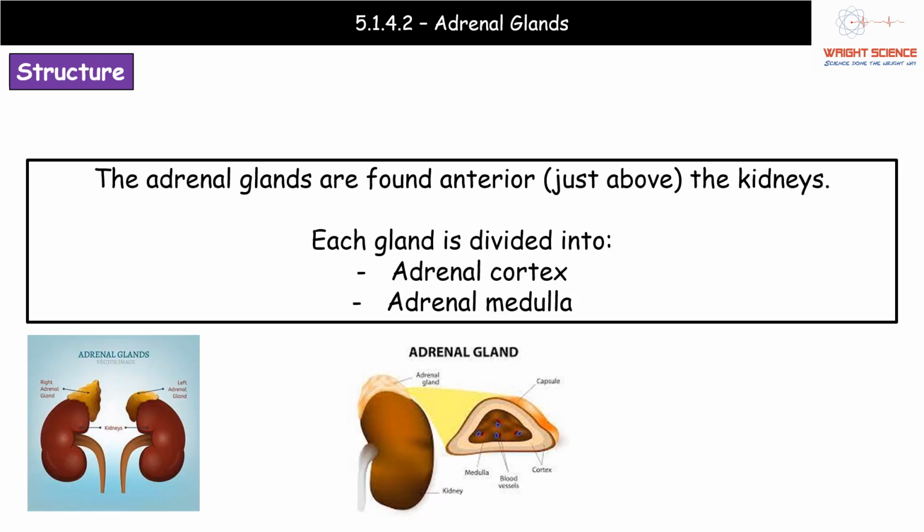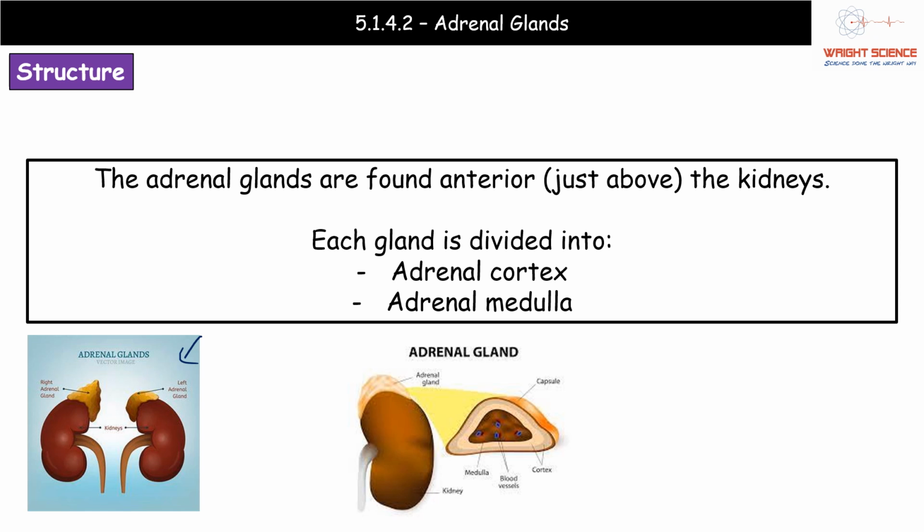When it comes to the location of the adrenal glands, you need to just think where the kidneys are. And I always like to describe them as looking like little party hats sitting on top of the kidneys. So basically they're just above, or in the anterior position on, the kidneys. We can see them in the little diagram on the left there. So the little yellow blobs sitting on top of the kidneys like little tiny party hats, those are the adrenal